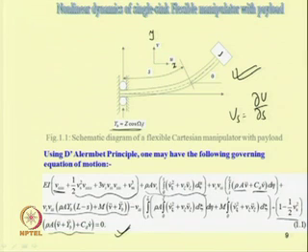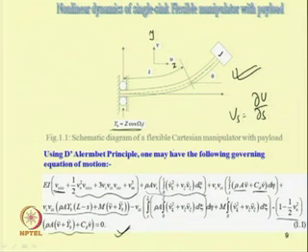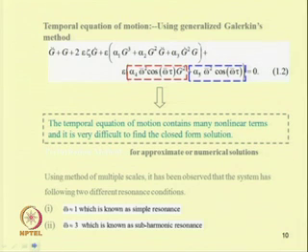After getting this equation, it may be noted that this equation is a spatio-temporal equation, that means it is in both space and time, because V is a function of space and time. Now, by applying the generalized Galerkin method, by taking the mode shape of a cantilever beam with tip mass, one can find the equation of motion, or temporal equation of motion, of the system. Here G is the time modulation taken. So, this equation reduces to this